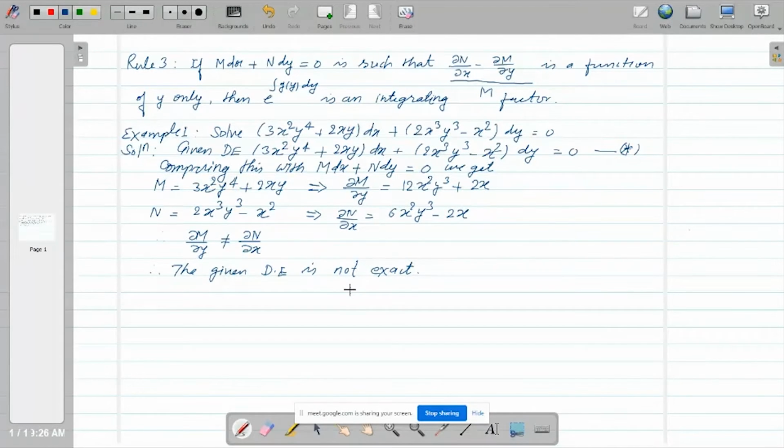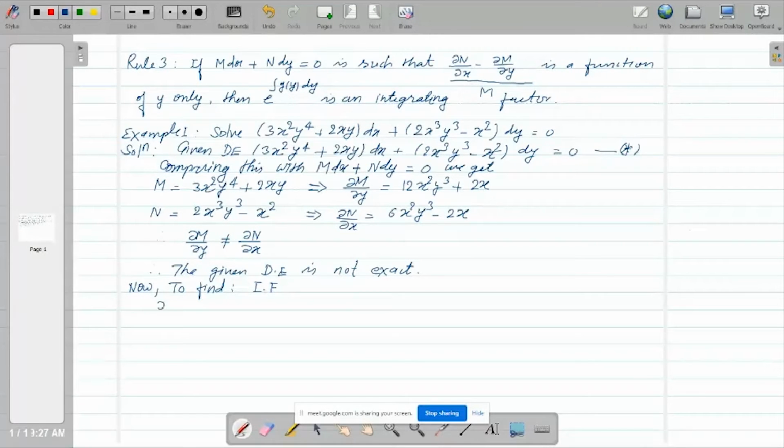If the given differential equation is not exact, then we will find the integrating factor. For that, we will first find the ratio. So now, to find the integrating factor, IF,